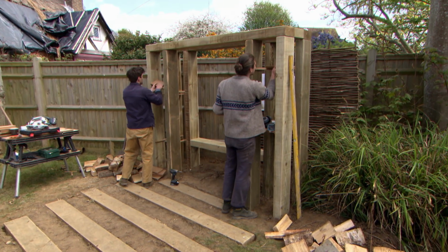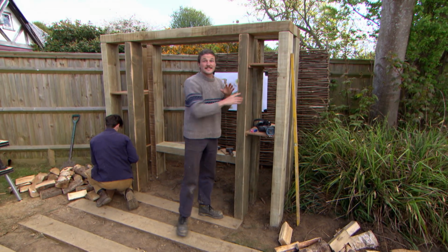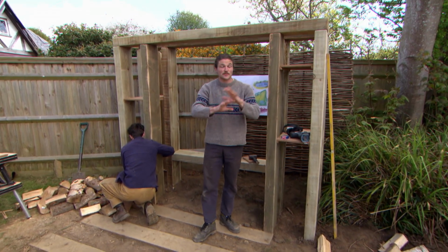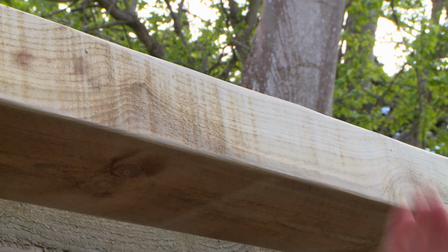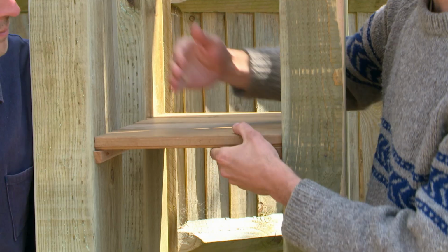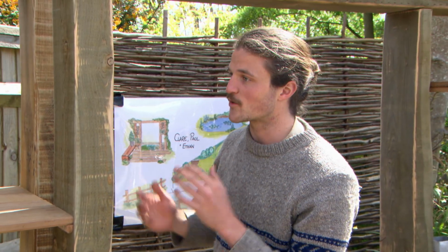With the arbour frame built, it's time for the brothers to make it bug-friendly. Now, this arbour is a key feature in Charlie's design, and not only is it going to be a great spot to sit and enjoy the garden from, but it's going to be a little home for wildlife and invertebrates. And the guys have done a great job putting together the structure, and we're just adding the shelves. So what we've done is we've screwed in these shelving supports and then cut to size and slotted in the shelves, and on there's going to be the log pile, and logs are a perfect thing to use for this,